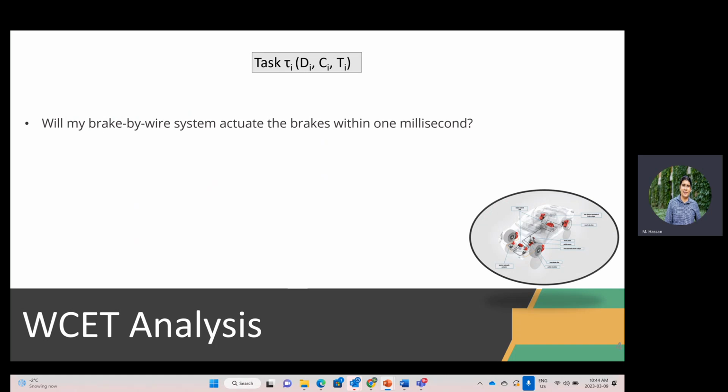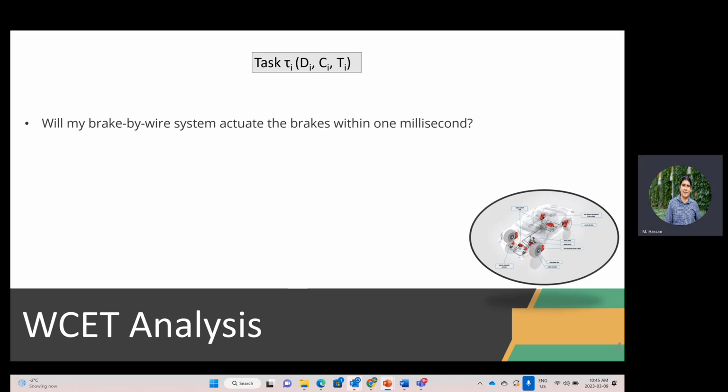Good. So just to have a feeling of what this really means. By being able to guarantee this, we answer questions like: in my car, for example, will my brake-by-wire system actuate the brakes within 1 millisecond? For example, if I hit the brake, or in self-driving cars, the brake has to be hit by wire, not by a human. Will this happen within 1 millisecond? Why? Because maybe you have a pedestrian in front of you, right? So this 1 millisecond is going to be your